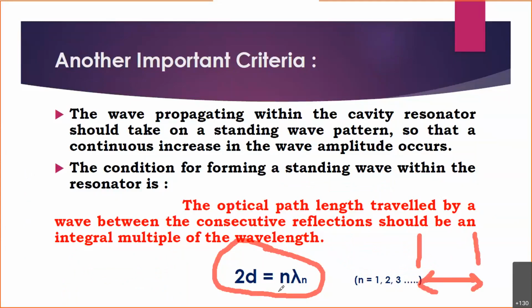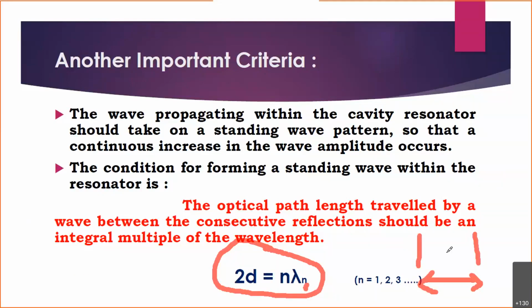Fine, n is the integer, lambda is the wavelength. There are so many; you can select this integer as 1, 2, 3, 4 and so on. You already know that, but I will discuss it again in a later slide so that in one single attempt you get the whole picture in a clear format. Let me write it down.